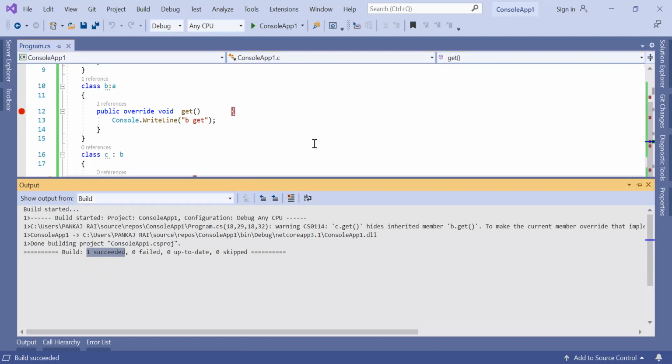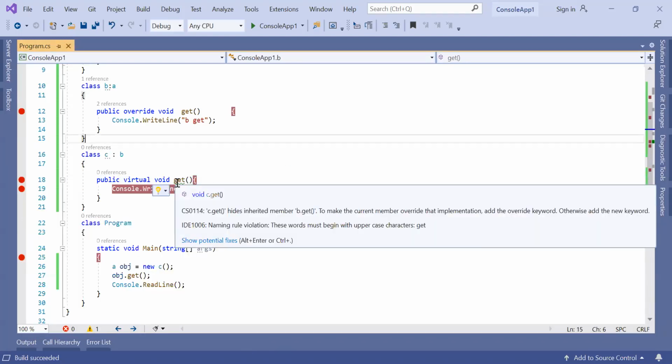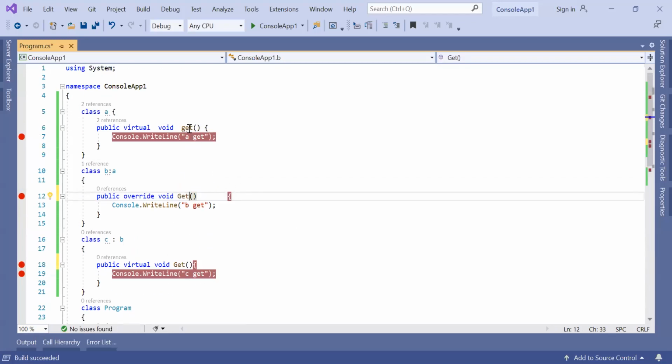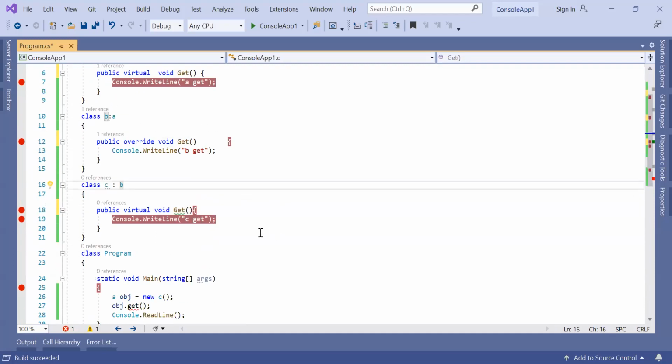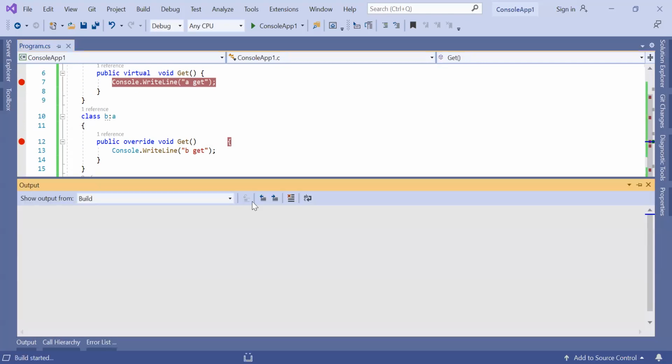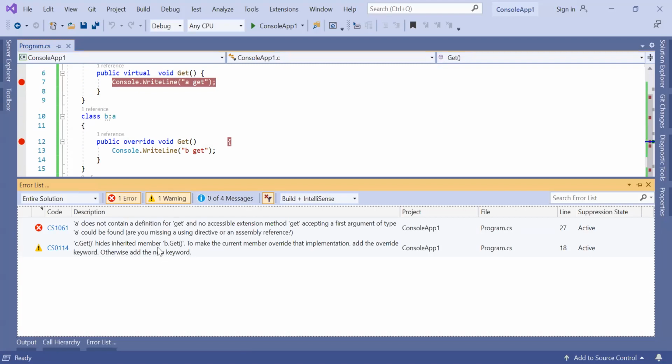How? Can you just save it? It is a warning saying it should start with a capital letter. That's all. Let me make it capital. Yeah, it will go off. So I will change everywhere, right? Now what will happen? Again the same thing is happening. So that was different. There were two warnings. Now what will happen? There is no compile time error, right? Firstly it was not coming, now it is coming.